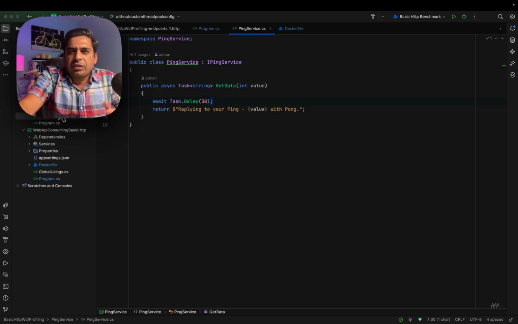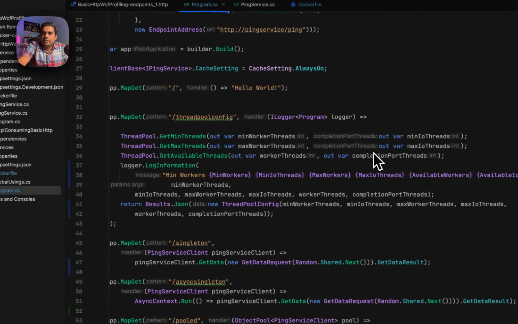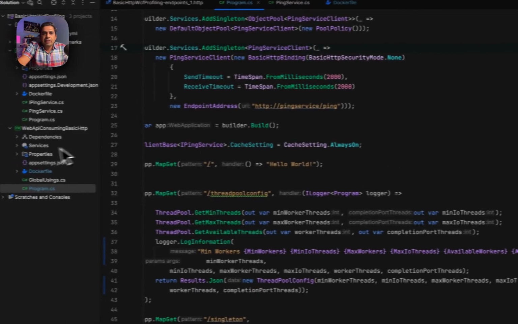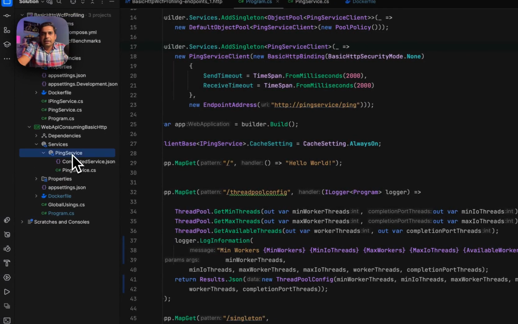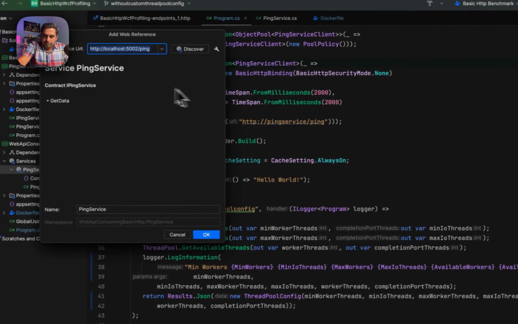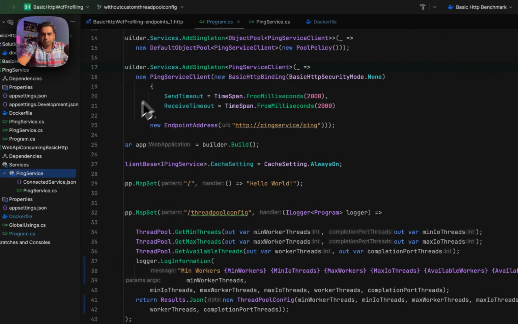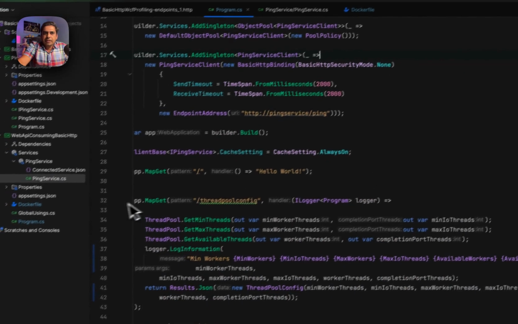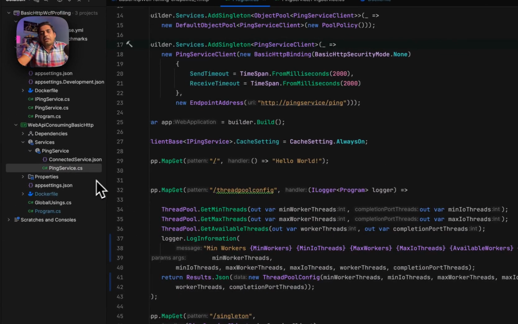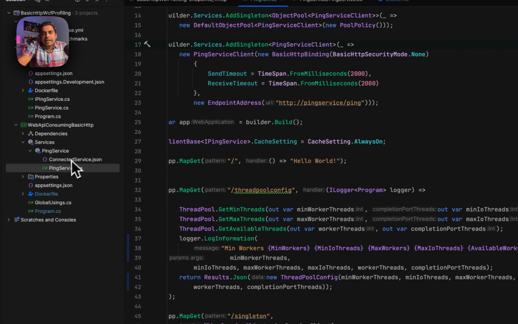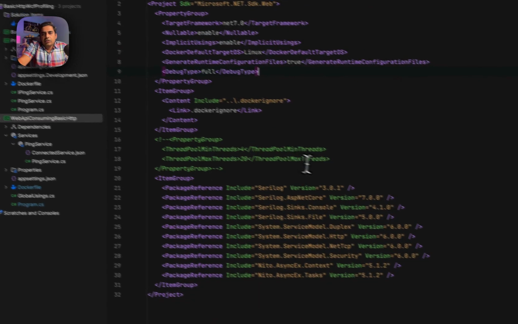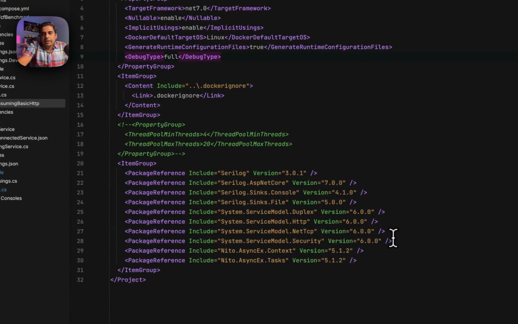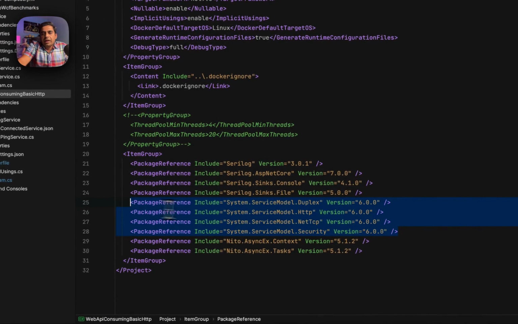Then I have a Docker file which runs it in Docker. We will come to that. Then this is the consumer application. In the consumer application, I have added this service here. This generates a proxy, as you all know, and you can look at the proxy here. One thing I want to mention: in the Rider especially, if you are generating a proxy by using this client, by default, the Rider will only include packages of version